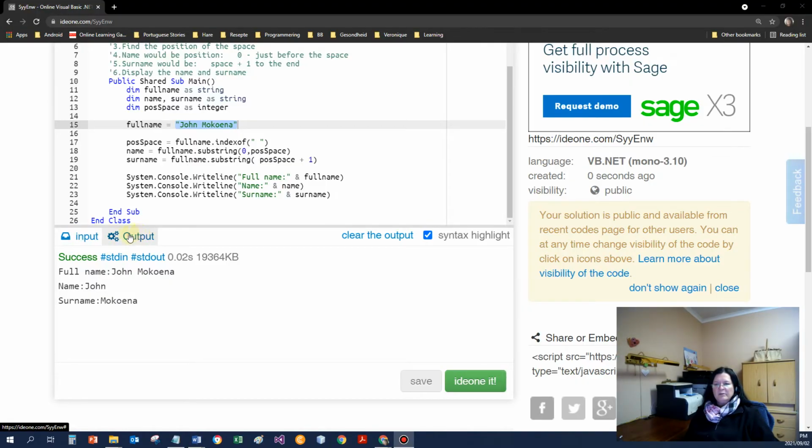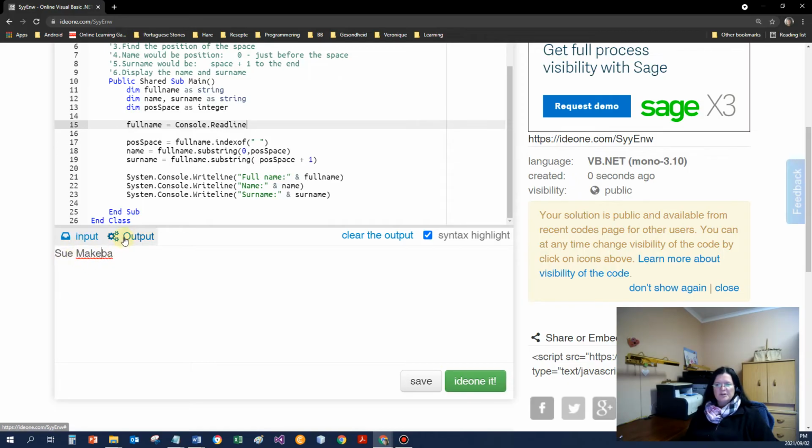In the IDE environment, they allow me to specify some input and see the output. So in input, I can specify the name that I want to enter, Sue Makeba. Let's go for just a different name so that you see I actually am able to use the things that we need to. So now obviously I won't assign the name. I start with console again, and now there's a method called readLine. Same as what we've got a write line, I've got a read line. And on my input,